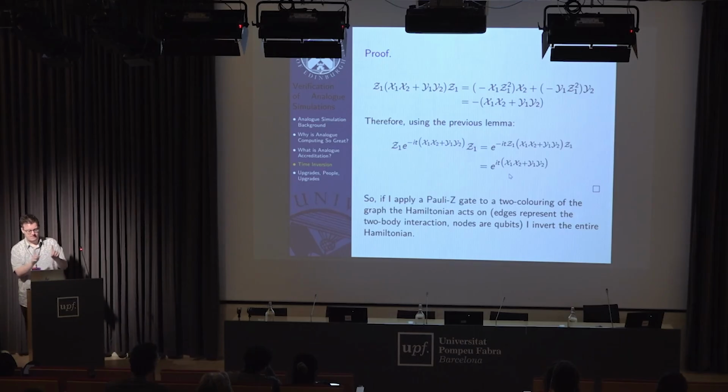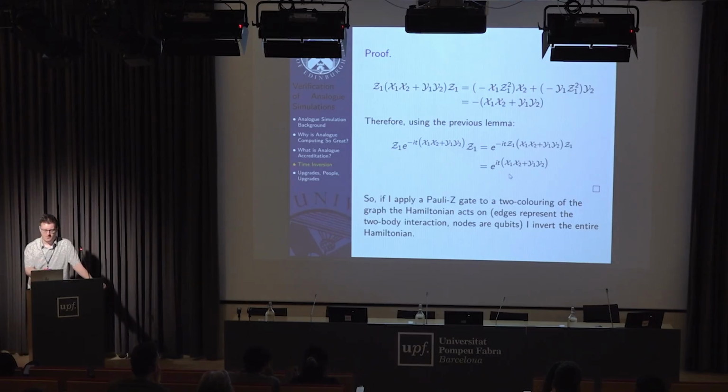If I put a Z gate on either side of the Hamiltonian, because Z anti-commutes with both X and Y, these are both Pauli gates by the way, we can see that the overall effect is that we add a factor of -1 to the Hamiltonian. And then using the previous lemma, effectively, we've reversed the